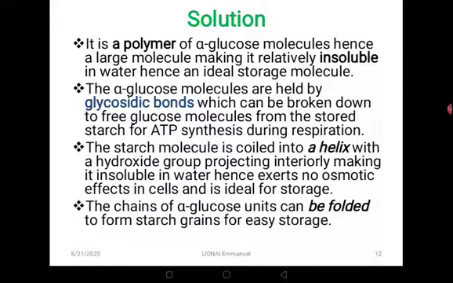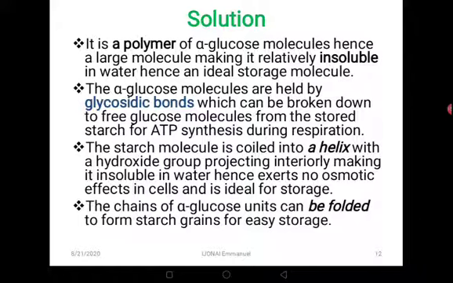When you look at the structure of starch very well, you realize that the hydroxide groups are internal. And remember, the hydroxide groups are the most reactive groups there in the glucose molecule that forms starch. And therefore, when it is projecting interiorly, meaning it cannot easily be accessed by reactants that are on the surface of the starch molecule. So therefore, it is insoluble. Therefore, it cannot be reacted, it cannot also dissolve in water, and that's an advantage. And because of that, it does not exert any osmotic pressure in cells, and that of course is very vital